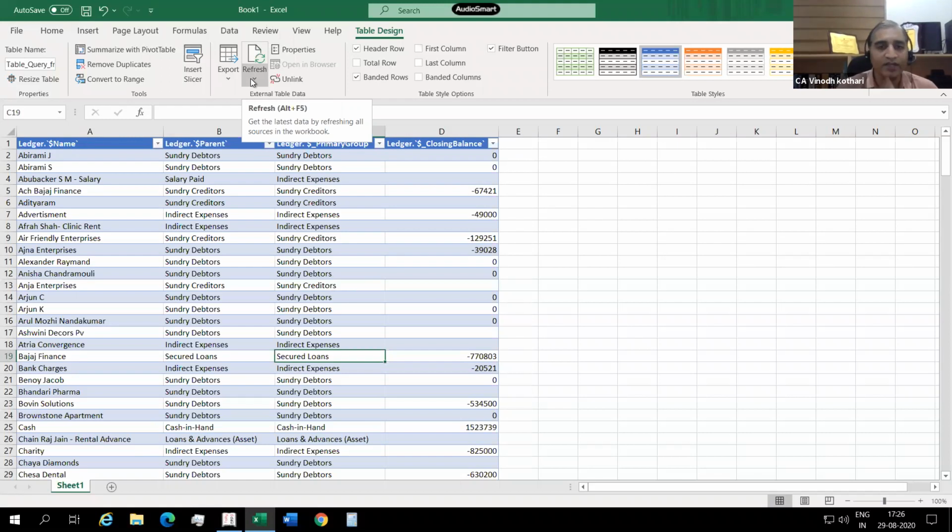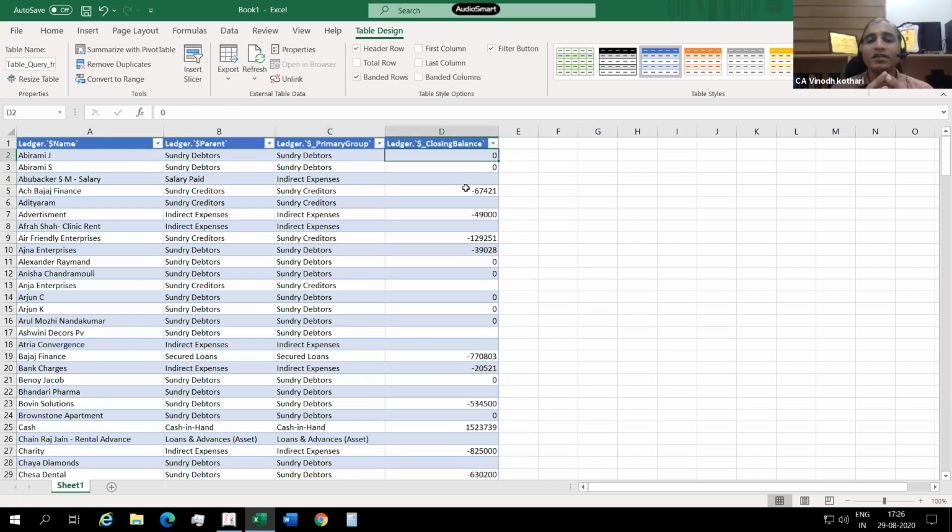Now, sir, this data I have got. How to prepare financial statements from this? Normally what we do is export the trial balance to Excel, and then give the link of the Excel to the financial statement. Now, I will suggest one method where you can simplify the data you have got from Tally. If you analyze these ledgers, whatever is linked, you can see that the ledger closing balance is 0.